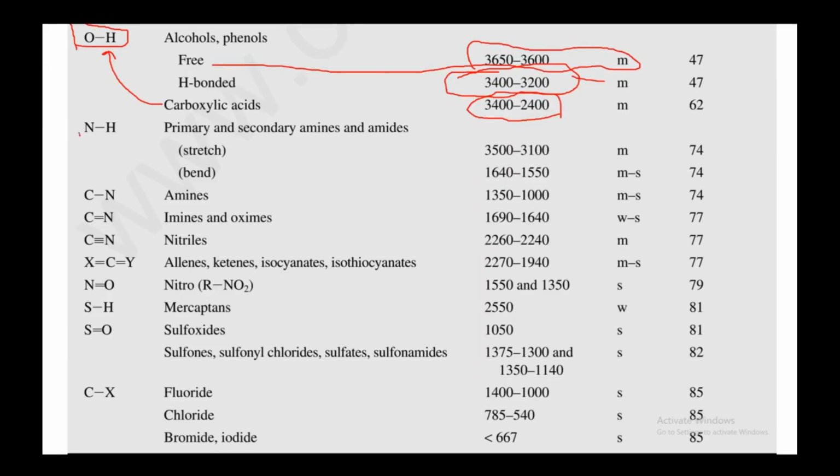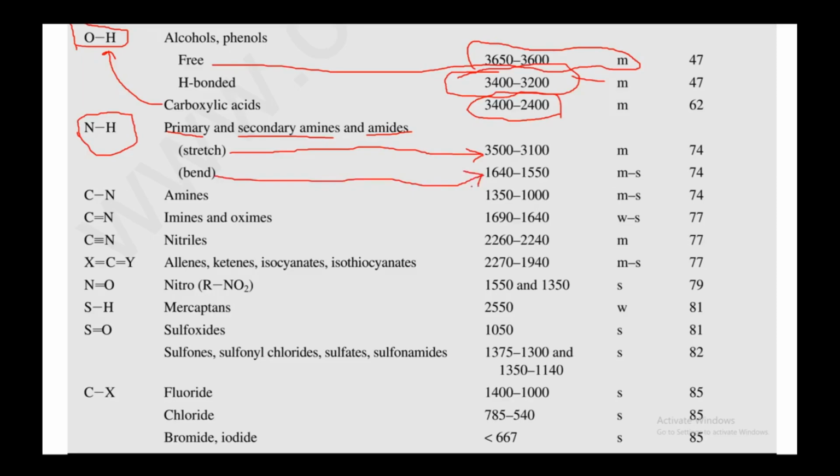How can we characterize or interpret the NH bond in IR spectroscopy? First, we have to look at which functional groups the NH bond is present in. It is present in primary amines, secondary amines, and amides. The stretching NH appears at around 3500 to 3100, and the bending peak for NH appears at around 1640 to